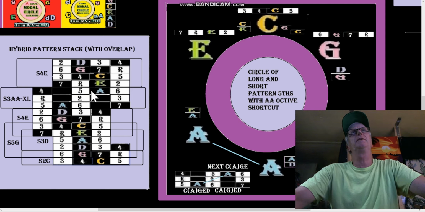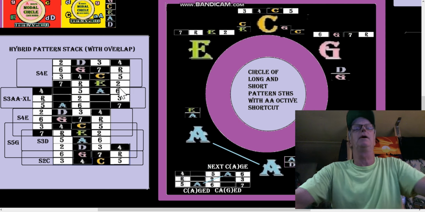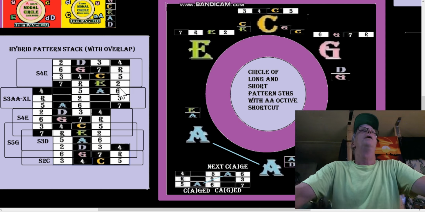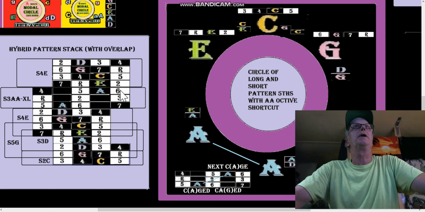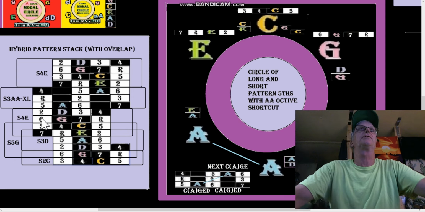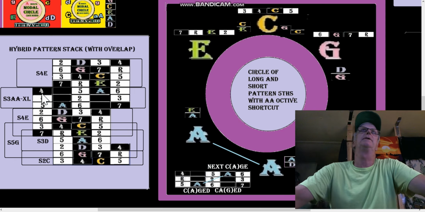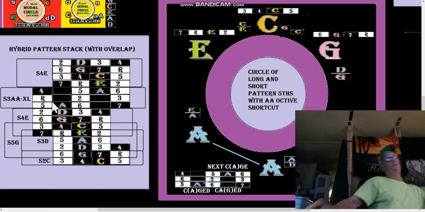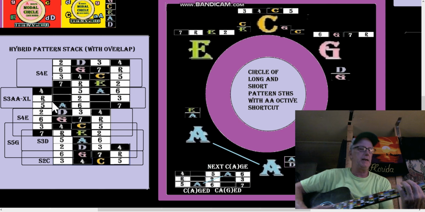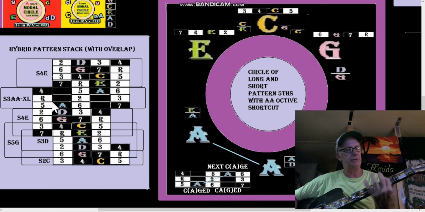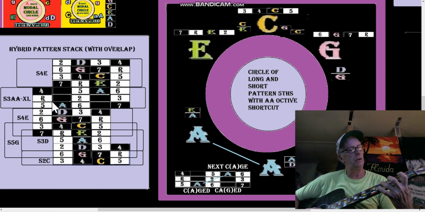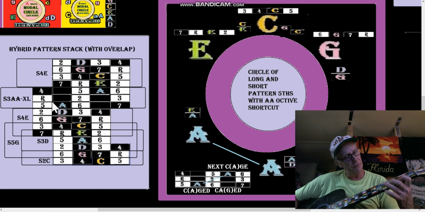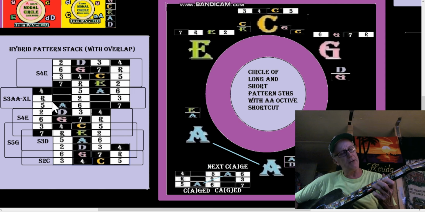We have to know how to match these up though. Where does it go? It is right justified going out of the long pattern, and it is left justified going into the long pattern. So D, 2, 3, 4 goes into the long pattern with the D shape. Let's say the capo is on my D here. This is your E. This is my D here. It would be 2, 3, 4, and then 5, 6, 7, root, 2, 3, 4, 5, 6. Then coming out with the E shape,